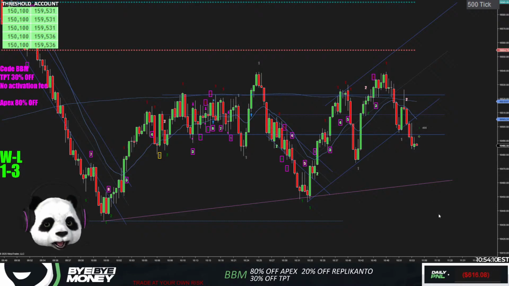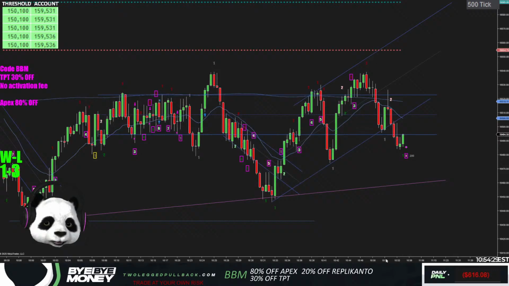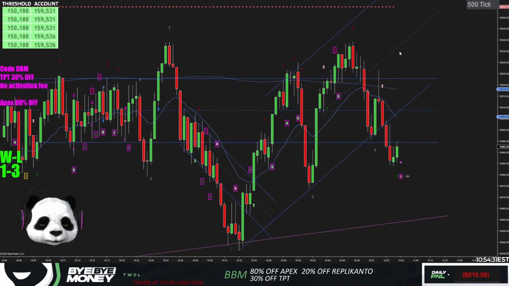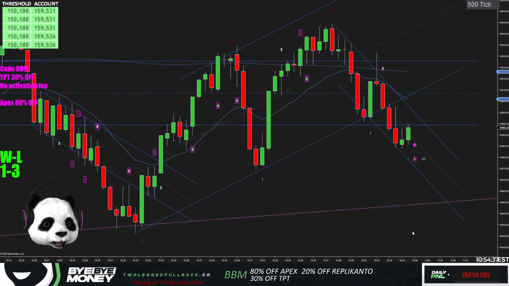All right, one chance here. Let's see if we get something. Fail second entry long, coming outside of this trading range. It has to be this fail second entry long. There's no other way. I'm going to take this trade because it's already in a really bad situation. It's already in really bad price action here. Last trade of the stream. Let's get it.